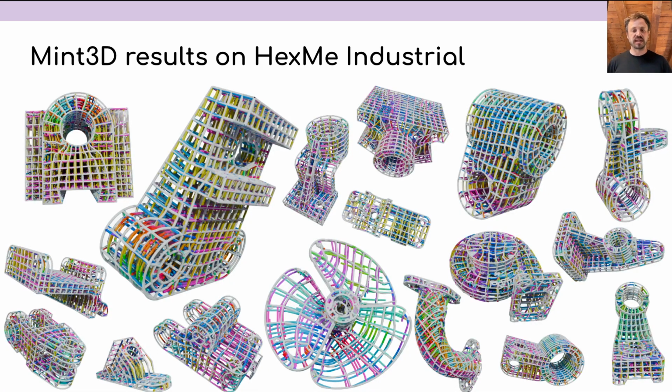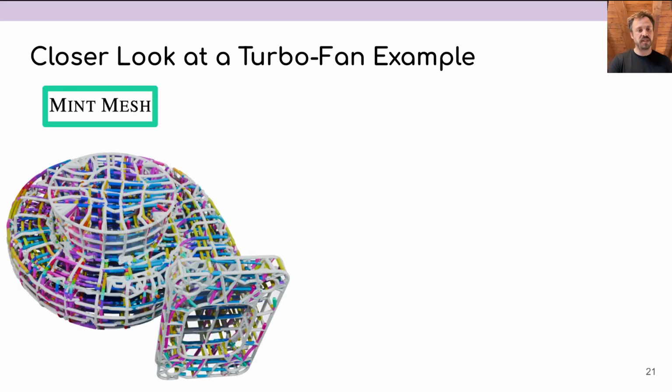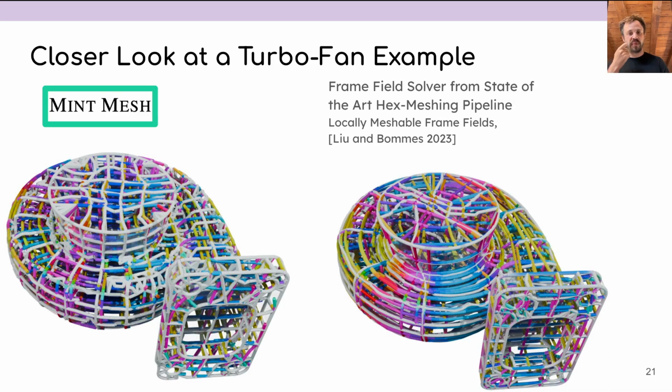Okay, and here are some additional examples of results from our method on a data set of industrially motivated models called HexMe Industrial. Zooming into one of these models, here are the results from our method, and here are the results from the state-of-the-art frame field solver in the state-of-the-art hex mesh generation pipeline. That pipeline is producing poor parameterization quality on this example, whereas ours is doing a much better job: the gray curves mostly look like cubes and are discretizing this complex turbofan